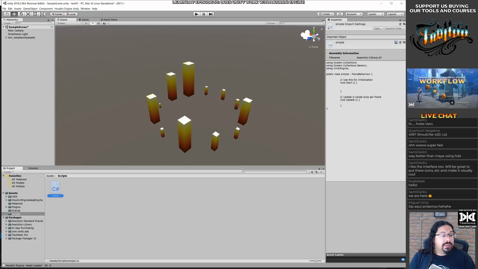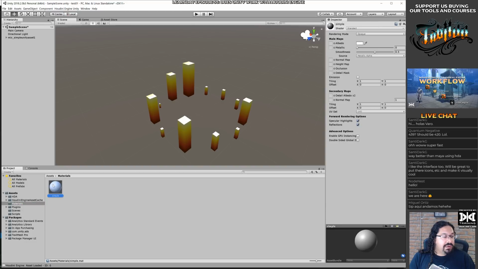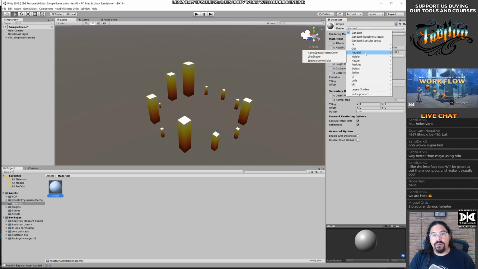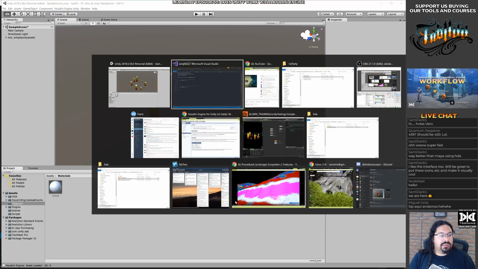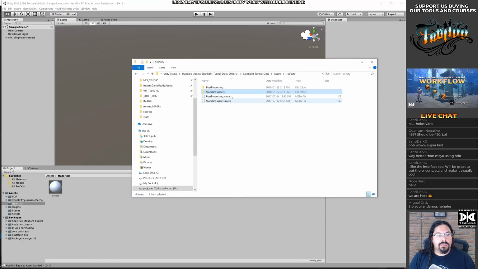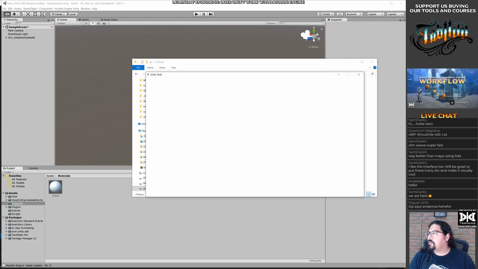Alright, so let's try the material that we created. This material looks totally like crap. Aren't there pre-built materials somewhere in Unity?